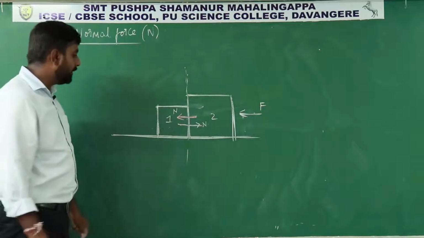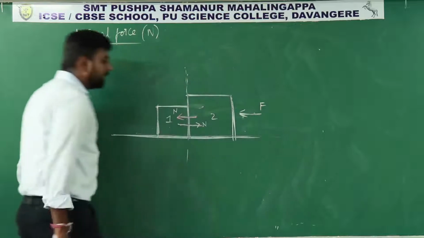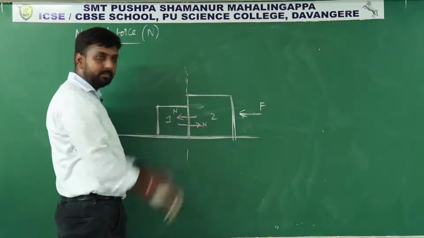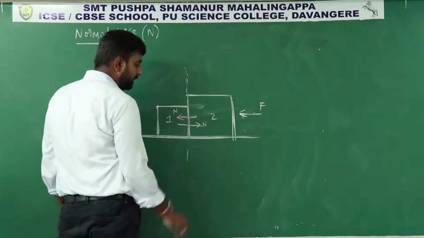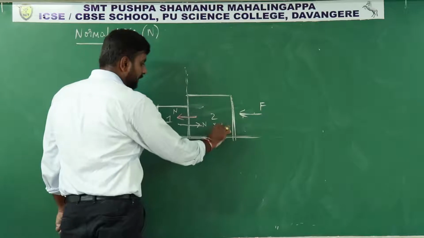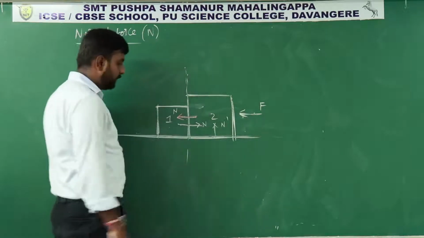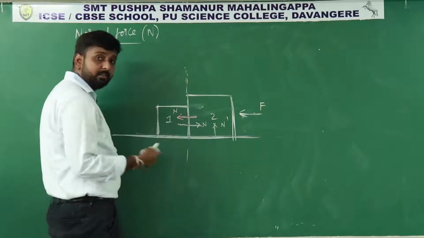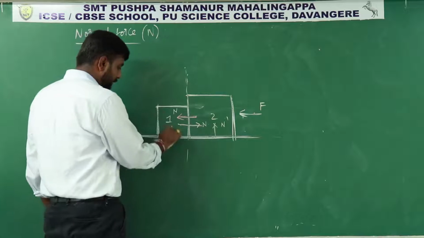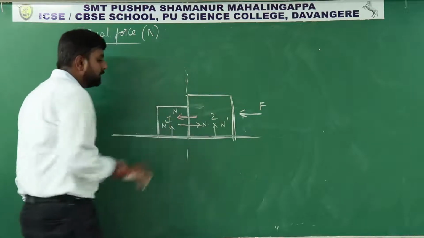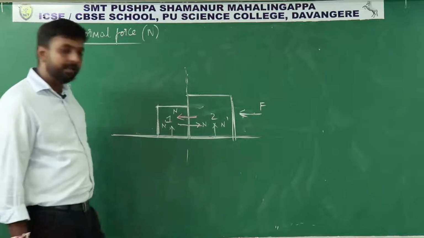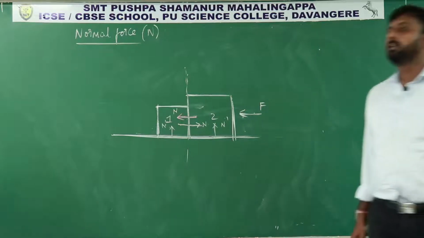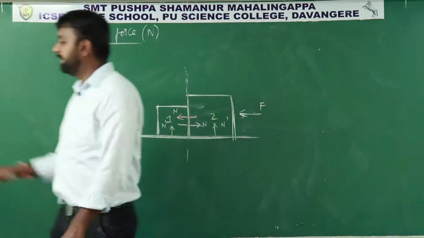And next, where is the contact surface? You can see here also. Here also there is a contact surface. So the block will push the surface in this direction, right? Because of that, the surface also will apply force on the block. Let us take it as N dash. So here also the block will apply force on the surface, right? The surface also will apply a normal force on the block, in this direction, isn't it? So in this way we can represent the normal force. Always it acts perpendicular to the surface.